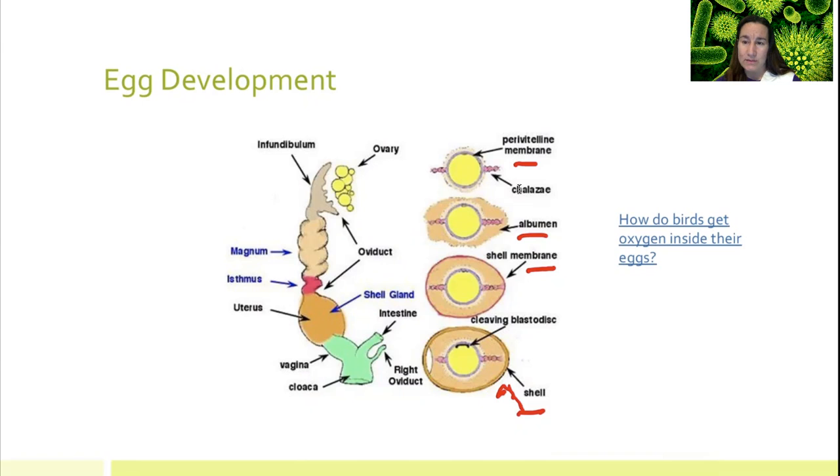Its waste, as far as liquid waste, will stay inside the egg. The gaseous waste, like CO2 that we're creating when we undergo metabolism, will get out and we will bring the oxygen in. So just like our placenta works for us, this video shows you how the eggshell works for the little birds inside the egg, and that the oxygen can get through these teeny tiny pores on the eggshell, and that the CO2 can escape from the teeny tiny pores on the eggshell so they can respirate through the egg, which is pretty cool. So this is bird development.